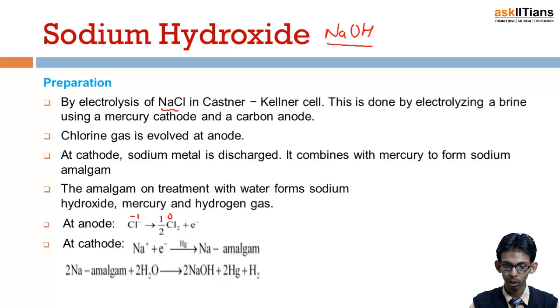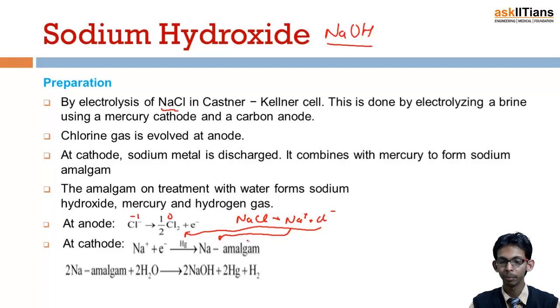So what we do overall, we take NaCl, we dissolve it in water, we get Na+ and Cl-, then we pass electricity in the cell, and at the anode this chloride is oxidized to give chlorine gas, and the sodium ion is discharged and reacts with mercury to form sodium amalgam, and this sodium amalgam when treated with water results in formation of sodium hydroxide, mercury